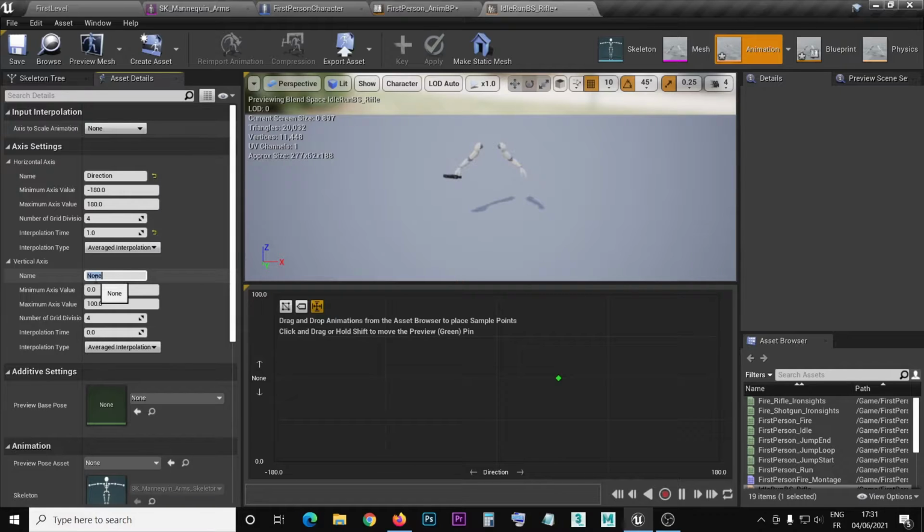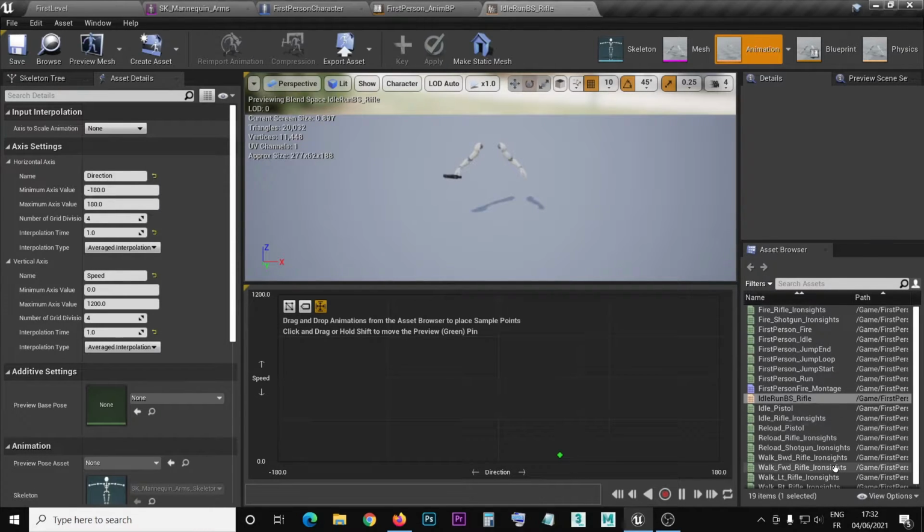Vertical axis: speed, its name, minimum value 0, maximum value 1200. Interpolation time 1. We save for now. We save all just in case, and